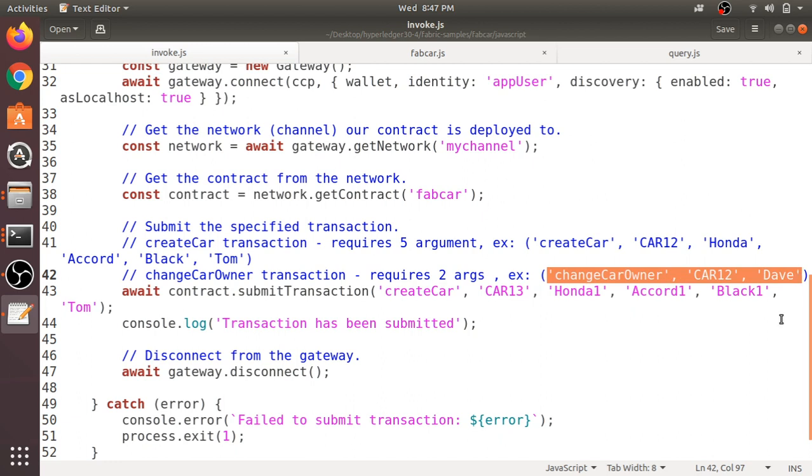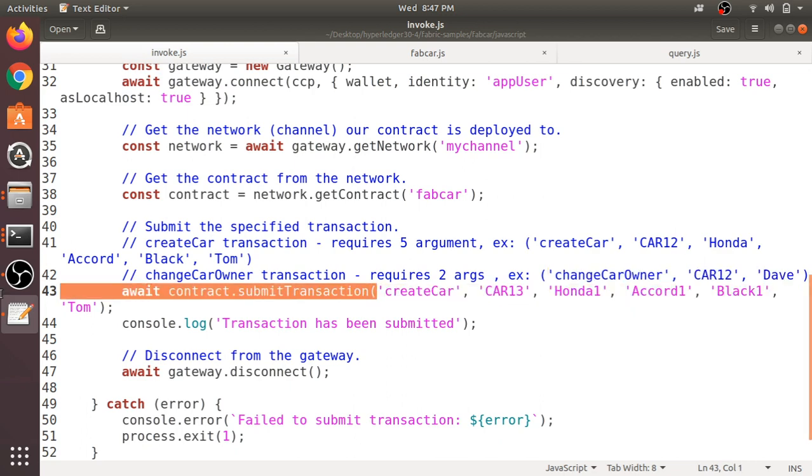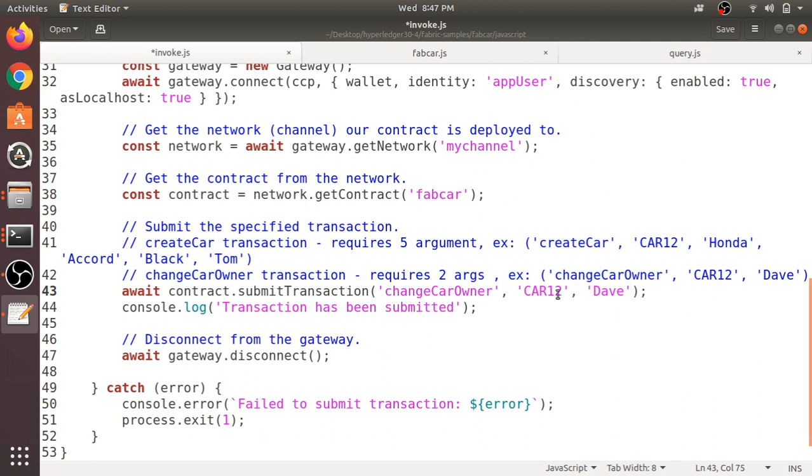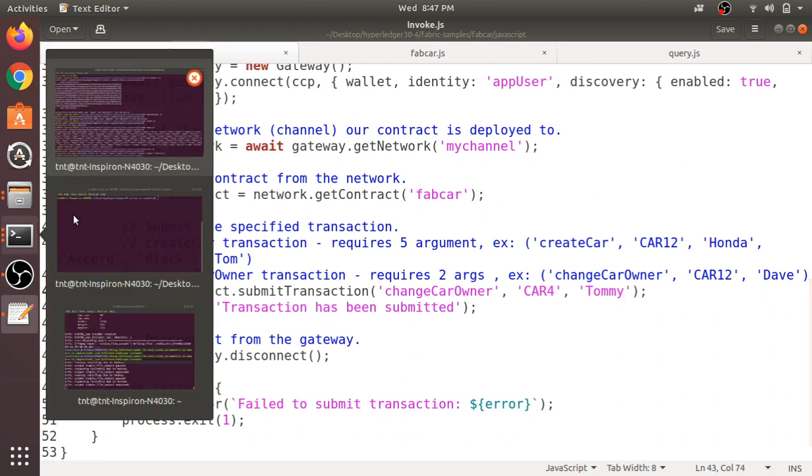It is given CAR12 and Dave, so we can change it. We need to change CAR4, and then the owner can be Tommy. Okay, Tommy, and just run node invoke.js.